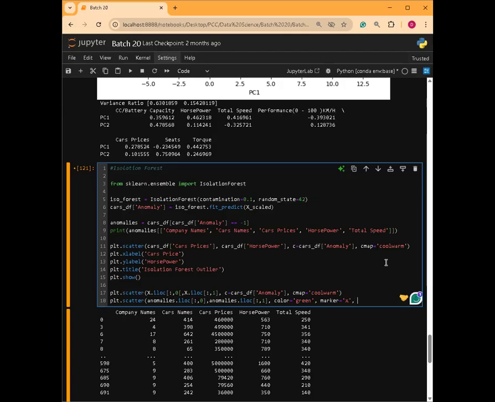We'll try to put a label here. Label is equal to